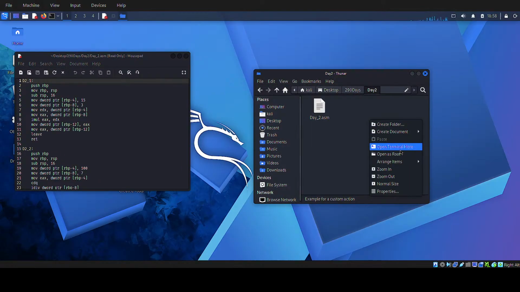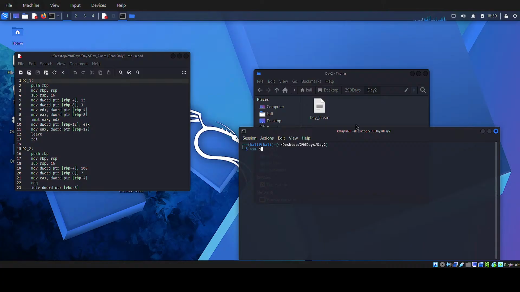Vim. Okay, so the void v2_1, and then here you can see it pushes, subs 16 from RSP, so we know that it's gonna allocate 16 bytes of stack. It moves a dword, moves 15 into rbp_4, equals 15, rbp_8 equals